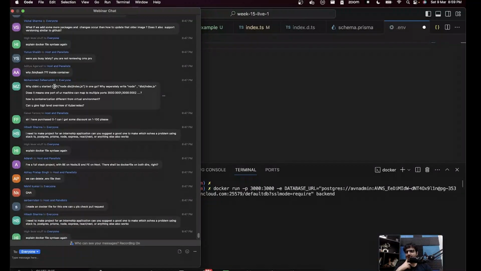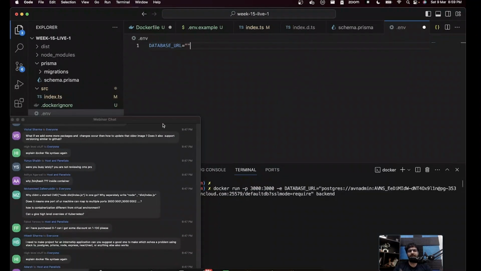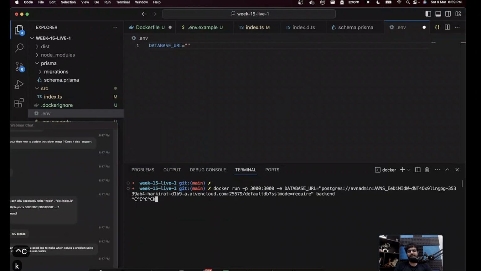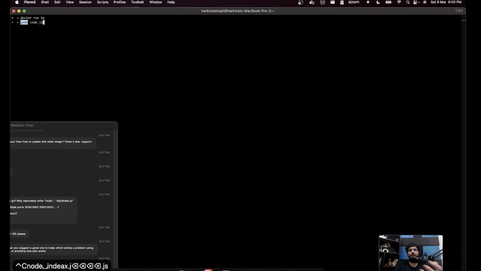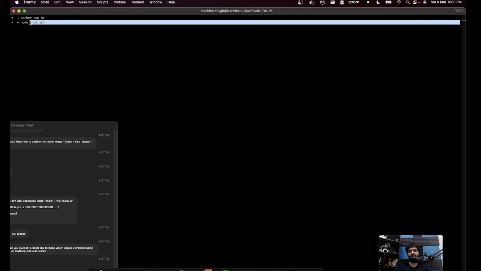Why didn't you write CMD node index.js in one go? Why separately? This is common syntax. When you do node index.js, you're actually running node, the command, and giving it various arguments. Index.js is the first argument.